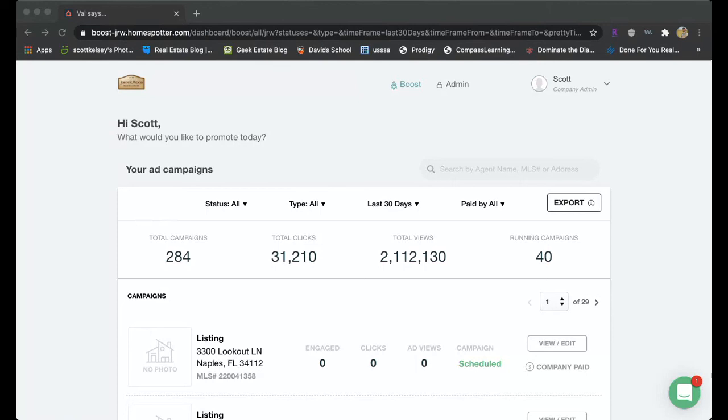But if you're going to run those ads, I know a handful of our agents already run those ads, and they keep the same creative, meaning the same ad design, for the full month. But what we're seeing is that's a good thing and a bad thing, but if you're going for months and months, it's like seeing the same commercial over and over and over, or hearing the same radio commercial over and over. Pretty soon it's just white noise.